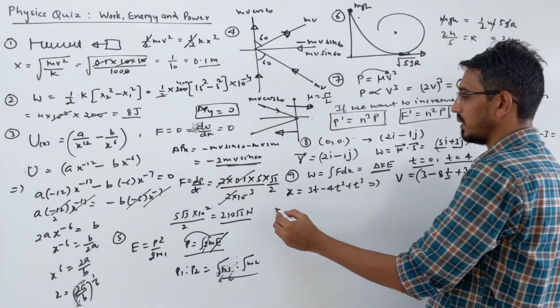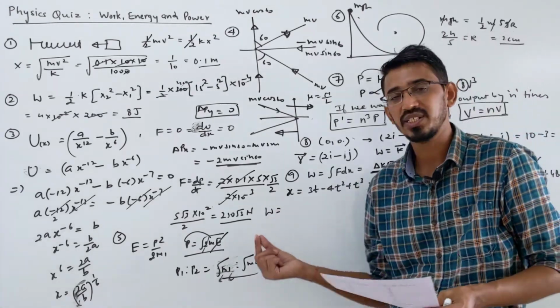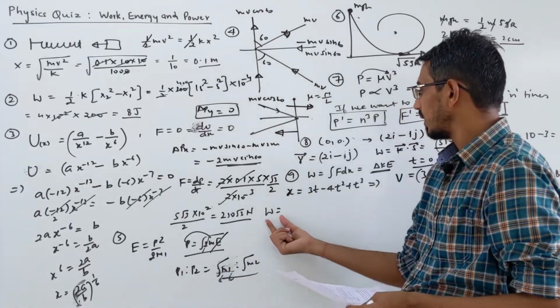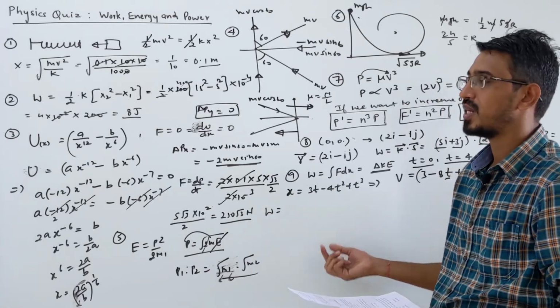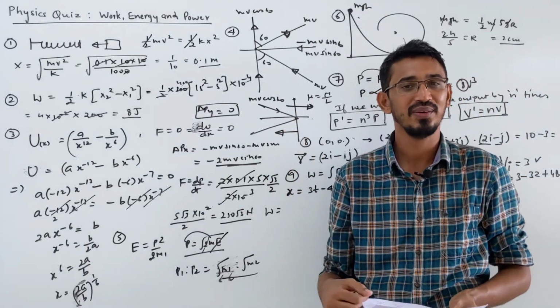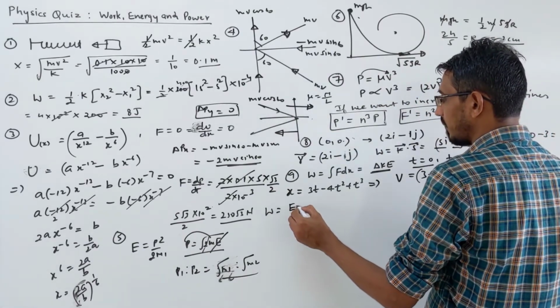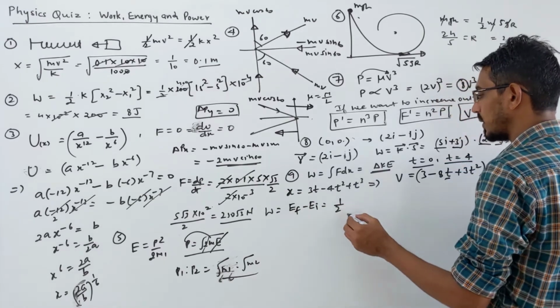Now you write that work done is simply equal to change in kinetic energy. And focus here: in the last lecture I made a small mistake, and all of you commented on it. When you write that work done is equal to change in energy, always write final minus initial. In some question I had done initial minus final. So please be careful: energy final minus energy initial, always. Half and m you can always take common.